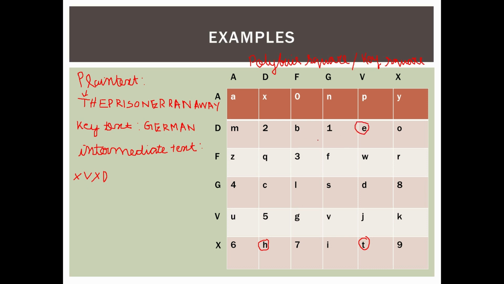For E we have D and V, and then we have P. So P is here. For P we have A and V,